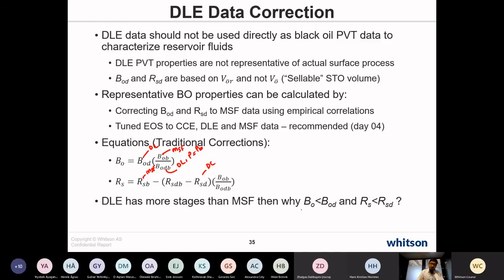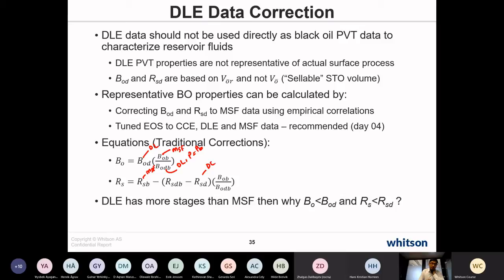Try to answer this question: since we do the DLE experiment versus a multi-stage separator test, we know that the multi-stage separator test has a certain number of stages, usually 2 or 3 separator stages, and the DLE experiment is the same as the multi-stage separator test, but it has more stages. And usually, if you have a separator train with more stages, you get higher recovery of the oil. But what you will always find is that if you do a DLE versus a multi-stage separator